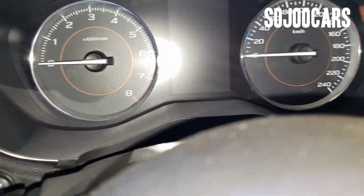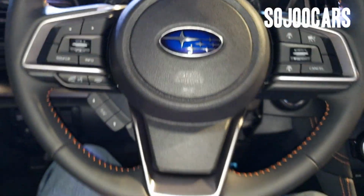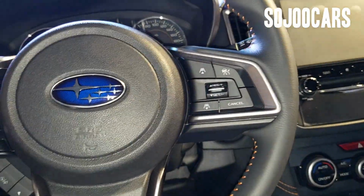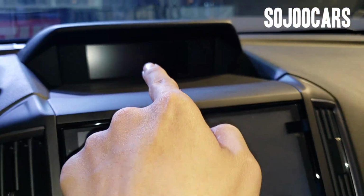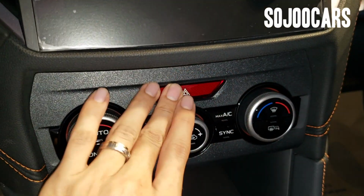speedometer and the tachometer with 4.2-inch instrument cluster, instrument cluster control, the horn and airbag, wrapped in leather with orange stitchings. Push start button, key not found, 6.3-inch multi-function display, the 8-inch touchscreen, dual zone automatic air conditioning,